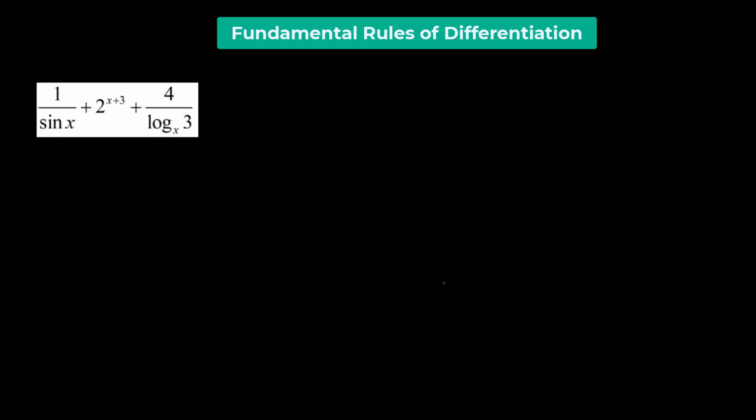So here we need to find the derivative of the given function. Let us begin by first simplifying our given function. We have 1 over sine x in the first term, so that is simply cosec of x, because cosec of x is the reciprocal of the sine function, plus 2 raised to the power of x plus 3. So we can separate it as 2 raised to the power of x times 2 raised to the power of 3, plus 4 divided by log of 3